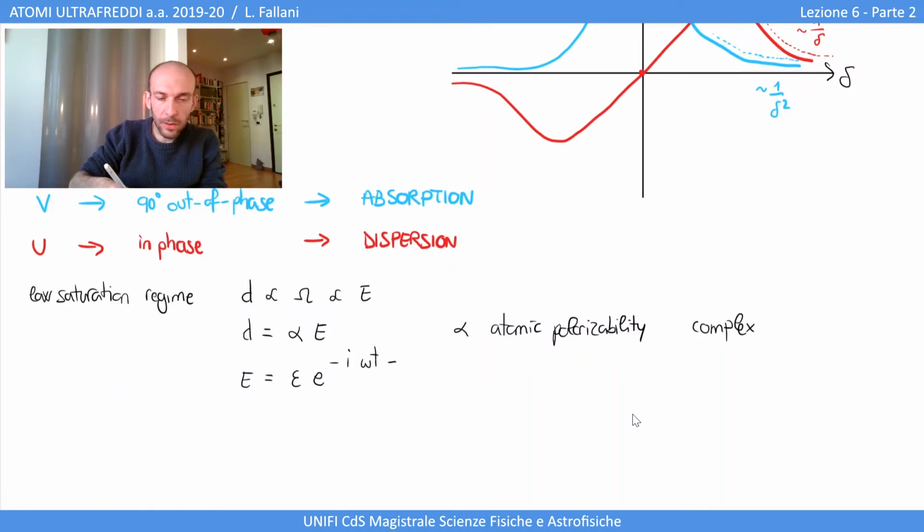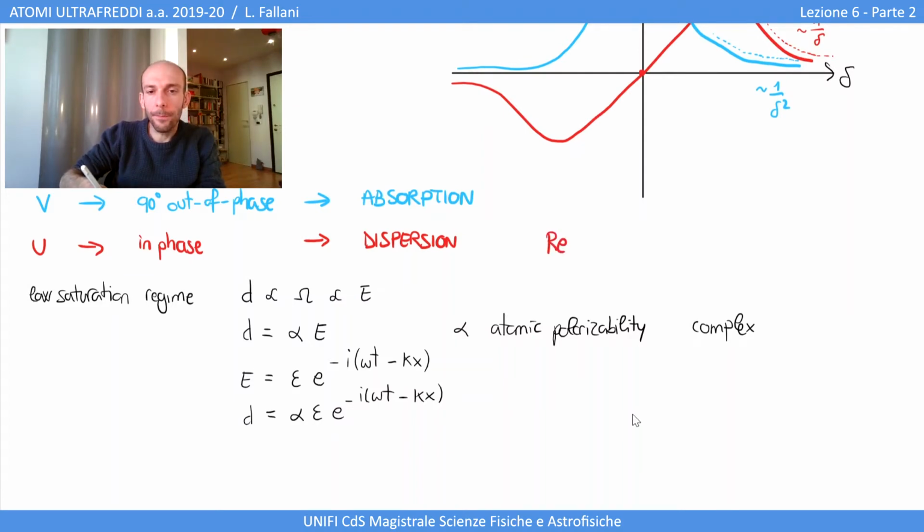And let's consider, for the sake of simplicity, a plane wave, for example, something like e to the minus i (omega t minus kx), and the electric dipole, of course, will be alpha times E, so alpha times the amplitude times e to the minus i (omega t minus kx). And of course, the real component of the polarizability is associated to the u component of the Bloch vector. So in particular, we will have here a minus sign,